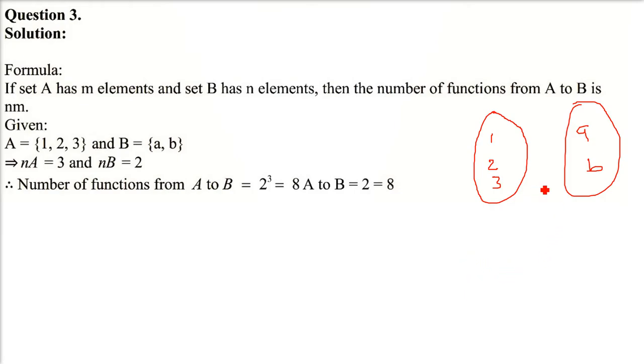So for the total number of functions, we have a direct formula for that. We will directly employ it. You need to remember it also. You have to take the number of elements of the first set, the number of elements of the second set, and then you have to multiply it. How do you multiply it? First thing, there should not be a mapping which is not a function. Okay, so let me just show you here.